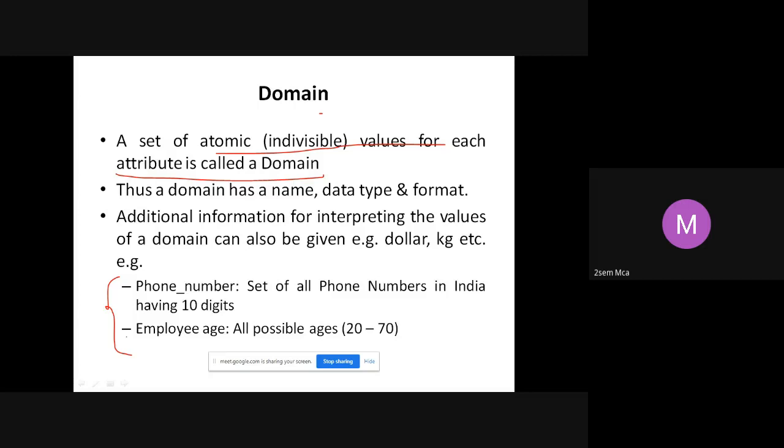Name. Let us say name of the student. So all possible combinations of the 26 letters of the alphabet is allowed. That is the permitted values for name. I don't want any numericals. I told you the other day, Louis 14 or let's say James 2, like that I don't want. I want only possible combinations of letters. Numericals are not allowed. So that is again a domain for the name. These are all examples you can go on giving.